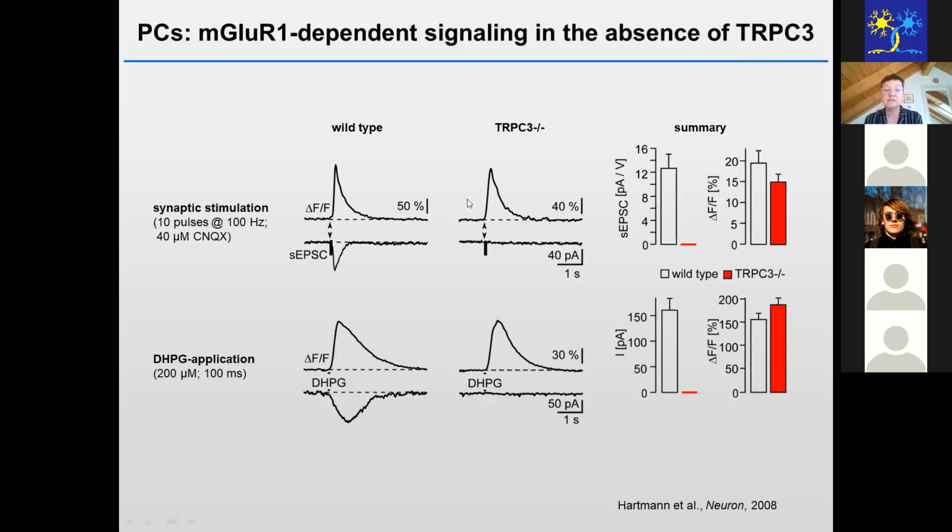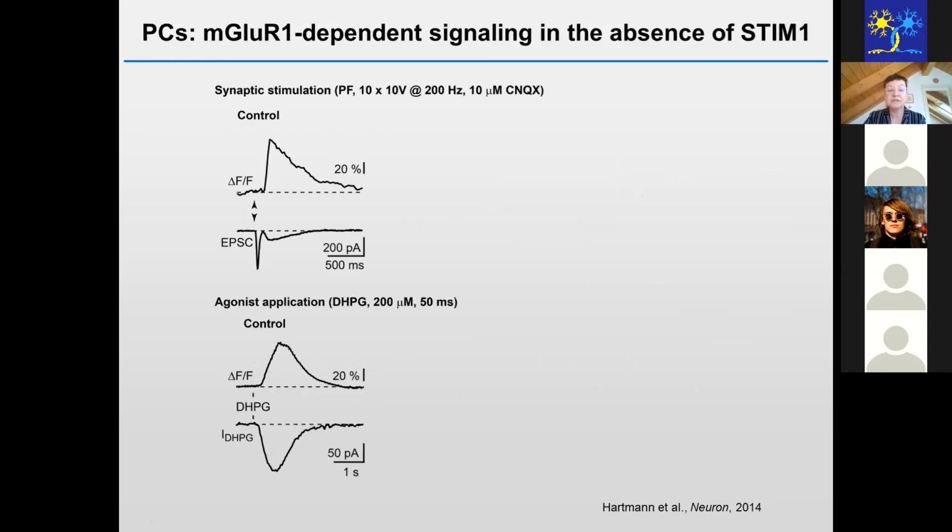The calcium signaling, however, the mGluR1 dependent calcium signals, remained completely intact. This is important to note here, indicating that TRPC3 has no role in calcium store regulation in Purkinje cells. So we hypothesized that if TRPCs do not contribute to calcium store replenishment, as